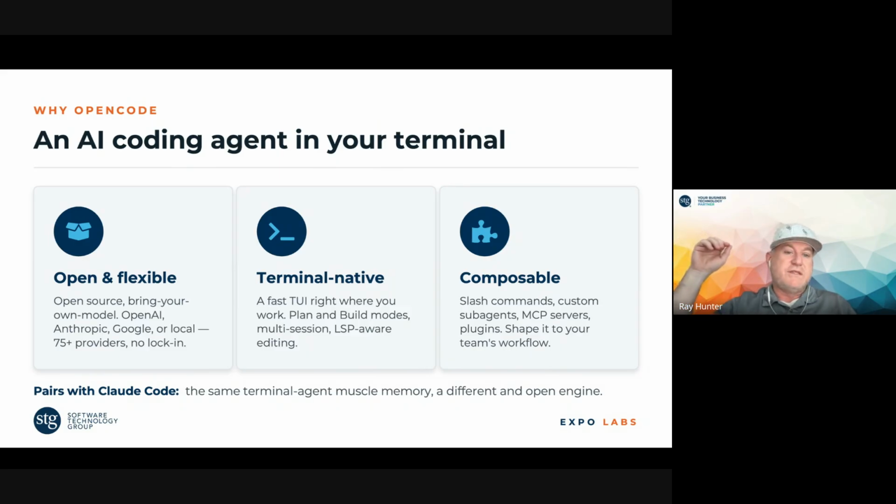It does have multi-session support, and it's LSP aware. LSP is language support. So it'll handle, for example, I know we have some developers on here, probably do multiple languages. So, your big flavors, your Java, Kotlin, you can get into C#, anything .NET based, you can get into all your front end. It has the language support in there. So what that does is it allows you to leverage the language support tools already built inside of OpenCode.